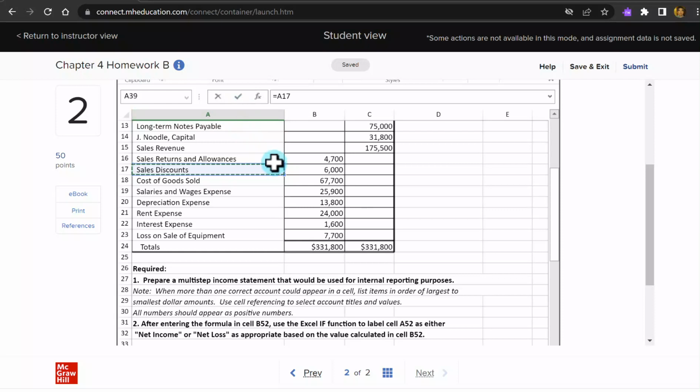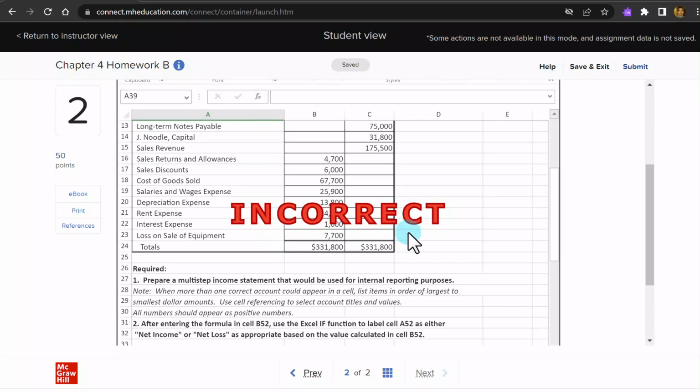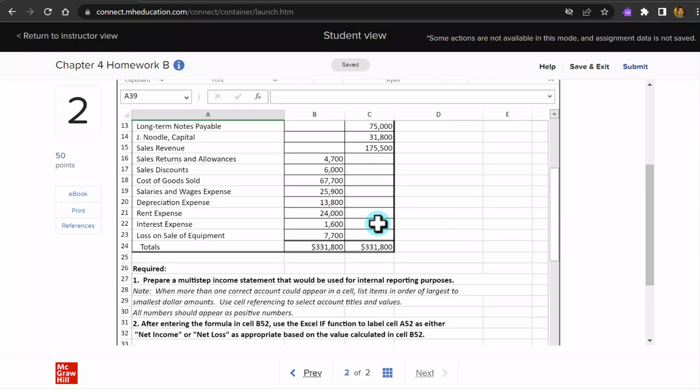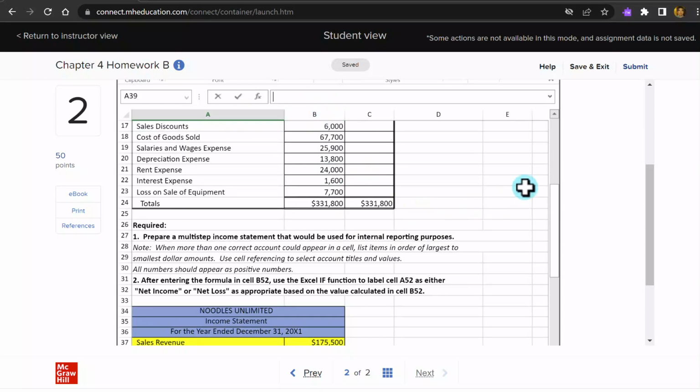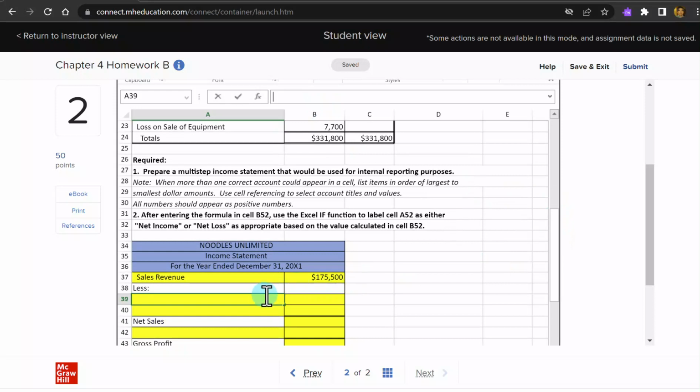So, well, let me do it incorrectly. I'm going to choose this one here, A16. And if I check it off or enter, I get an incorrect. I've just used one of my 3 attempts for that cell. I check my work. Well, let's get it correct this time. The cell cursor is still in the same cell here, this one right here. So I start off with equal again,